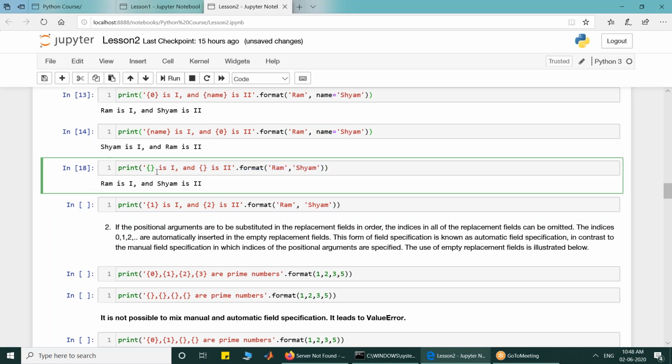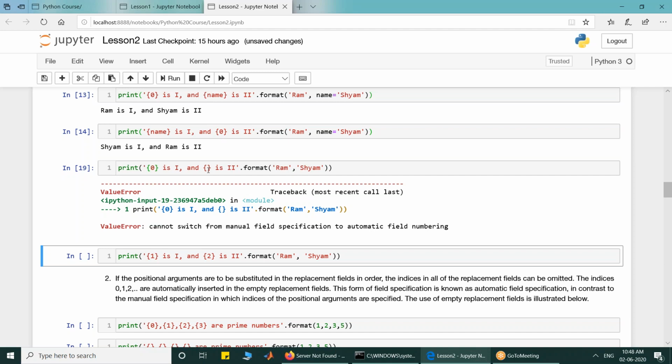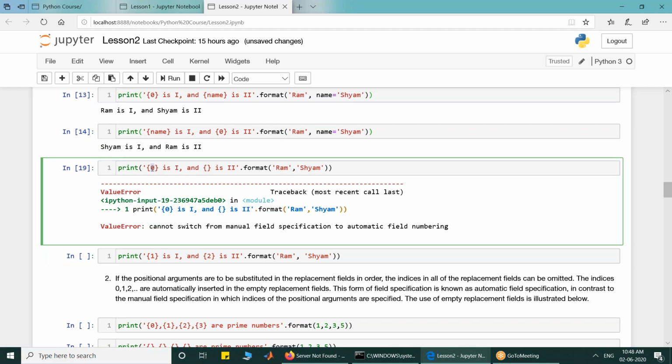But remember, if I give 0 and leave the other blank, what I have done is I have specified 0 in one of the replacement fields. This is known as manual specification, manual indexing. And for the other, I am using automatic indexing.